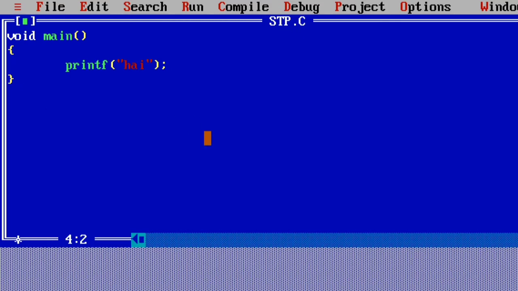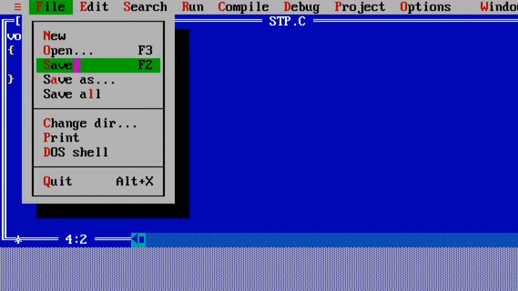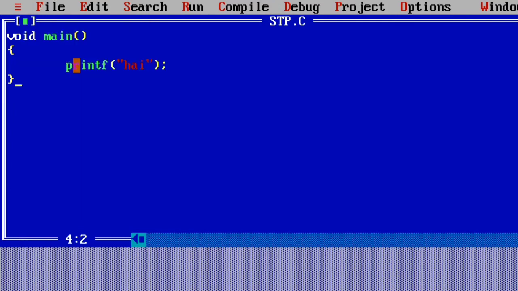Now, after coding the C program, you have to save again. Why? Because the first time you saved the C program, the empty file was saved.